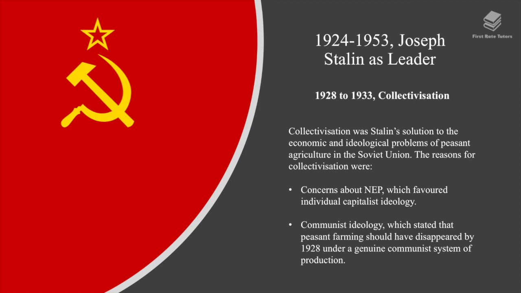1928 to 1933, the era of collectivization. Collectivization was Stalin's solution to the economic and ideological problems of peasant agriculture in the Soviet Union. The reasons for collectivization were concerns about the New Economic Policy, which favored individual capitalist ideology, and communist ideology, which stated that peasant farming should have disappeared by 1928 under a genuine communist system of production,